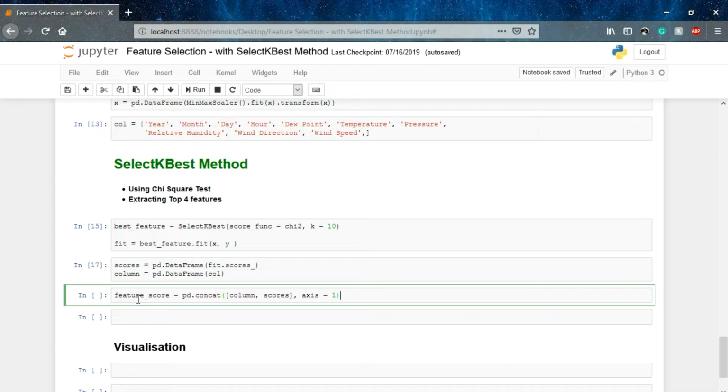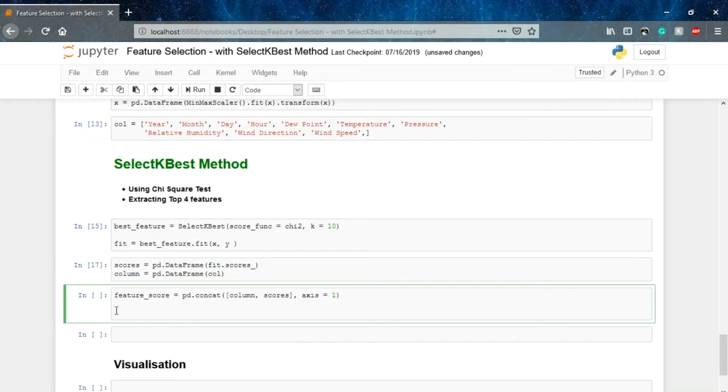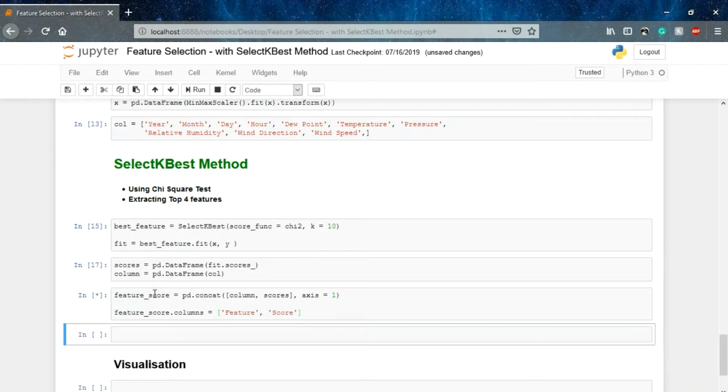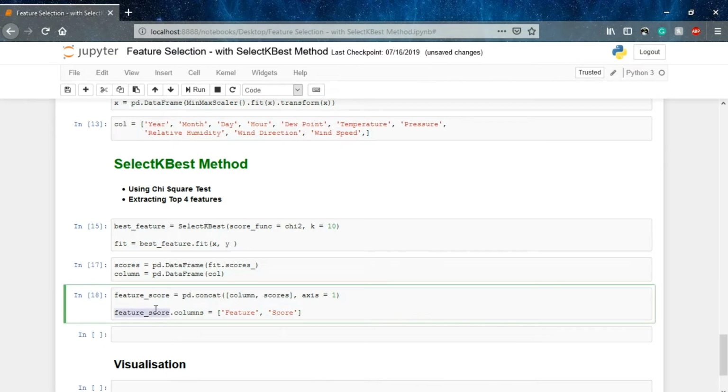So x is equal to 1, and then we'll say feature score dot columns, and then we have to mention the feature names, so the column names. First will be the feature, and then the other column will be score. Okay, here we go. And then we'll print our data. So we'll say feature score